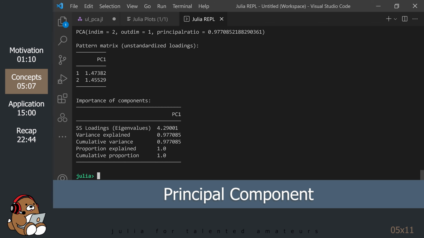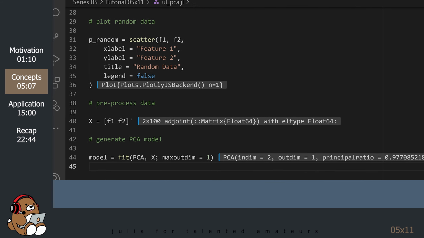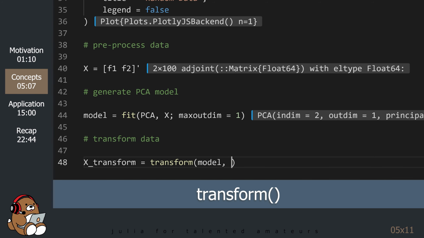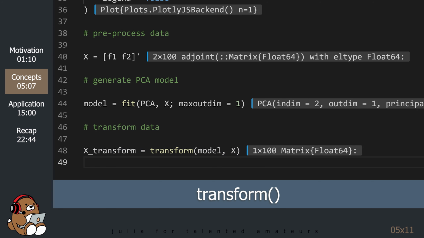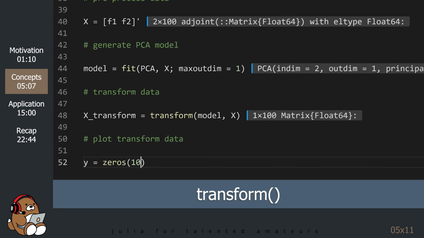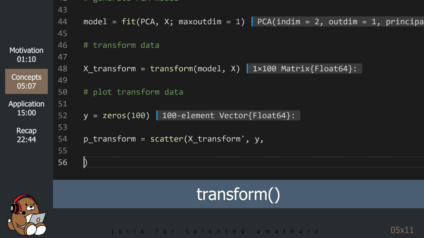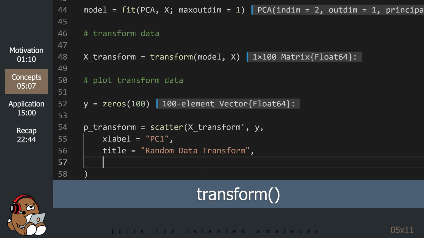The most important things are to understand what a principal component is and to see how much of the original information has been retained. I know that's pretty abstract, so let's generate a plot and take a look at this principal component. You can use the transform function to generate the values of the principal component. The transform function is not to be confused with the transpose function. The transform function returns data in a horizontal format, which we will need to transpose before we can plot it.